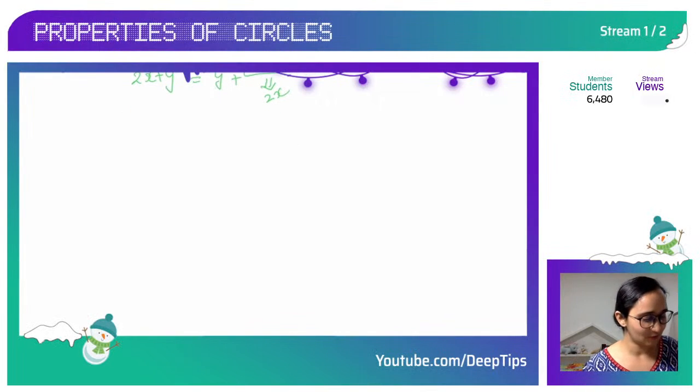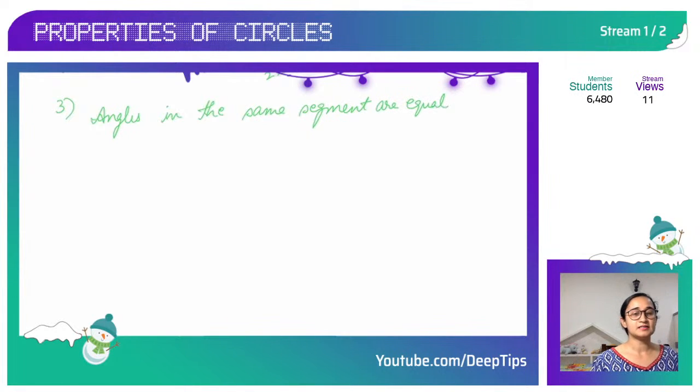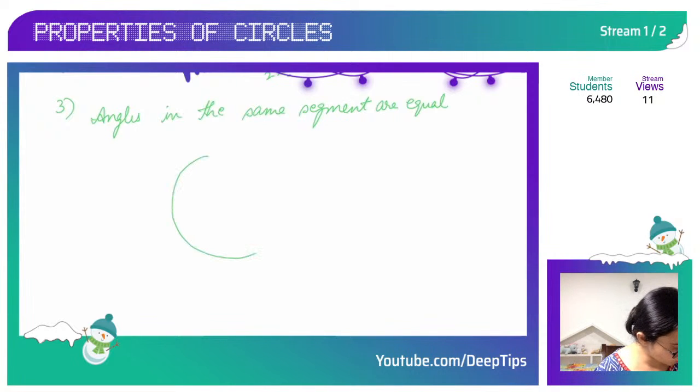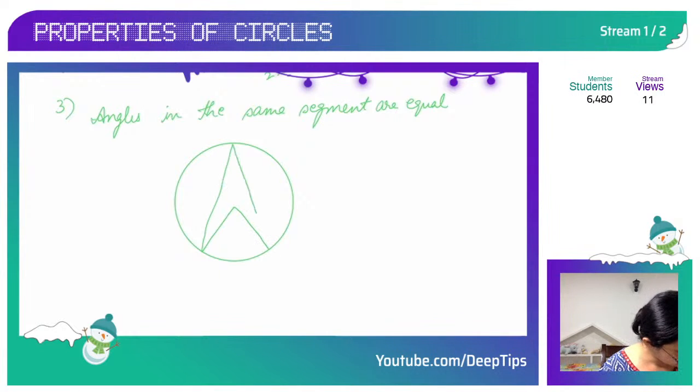Okay, so our third theorem is angles in the same segment are equal. Angles in the same segment are equal. I'll quickly do it because this is the simplest theorem. We'll just try to understand by looking at the diagram. So children, when we proved the previous theorem, where I said the angle subtended at the center is double the angle subtended on the circumference,